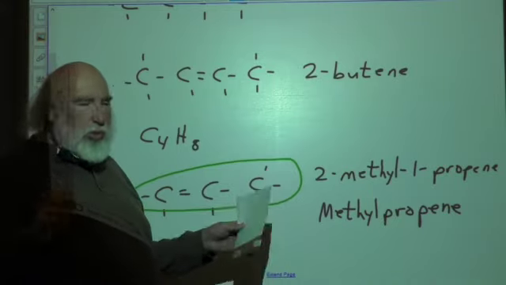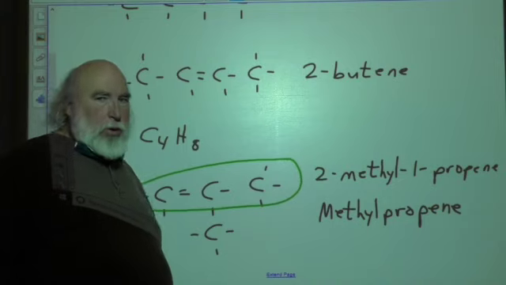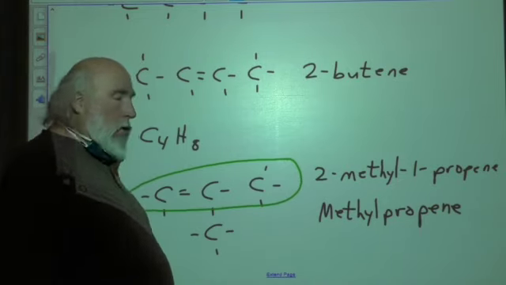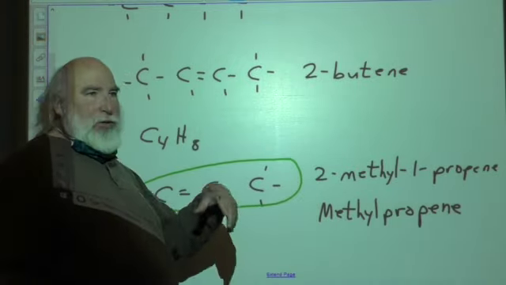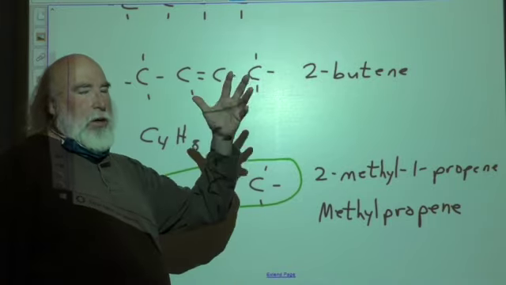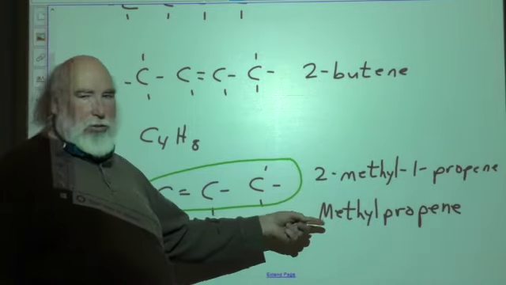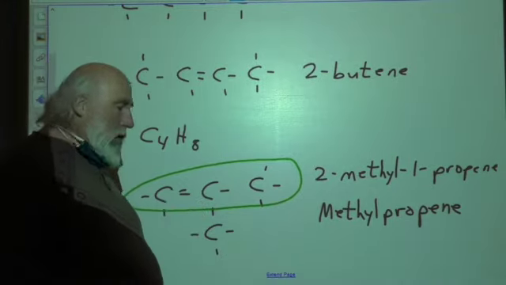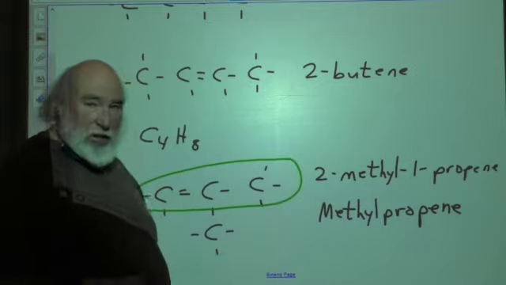I'm not going to get too concerned about that here, but I will tell you, your organic professors who take organic in college will have a hissing fit if you do that. If there's no ambiguity, then IUPAC states don't use numbers. If there is no ambiguity, then this is the correct answer. And there is no ambiguity here. But you're just learning the system. I'm going to allow you to use the numbers. Then once you get in the habit of looking